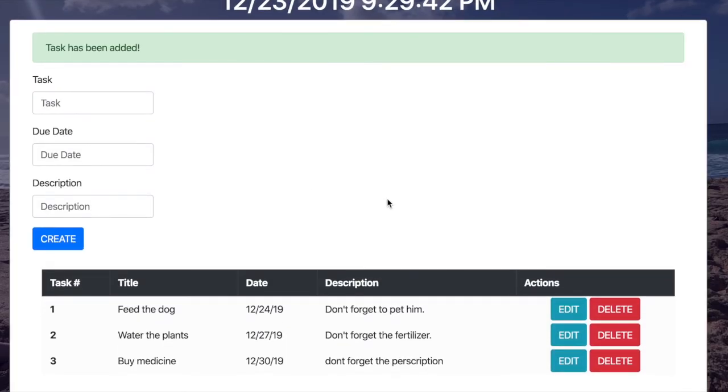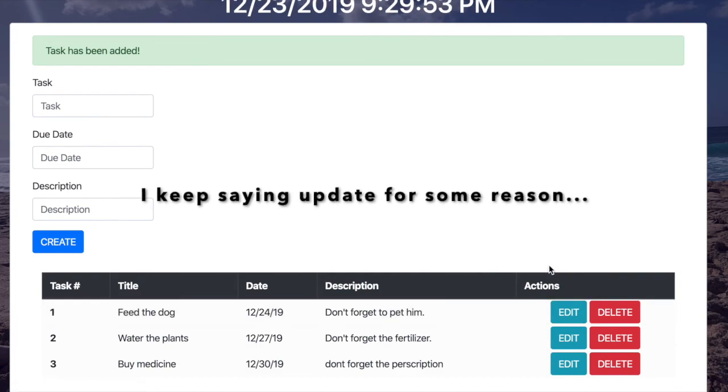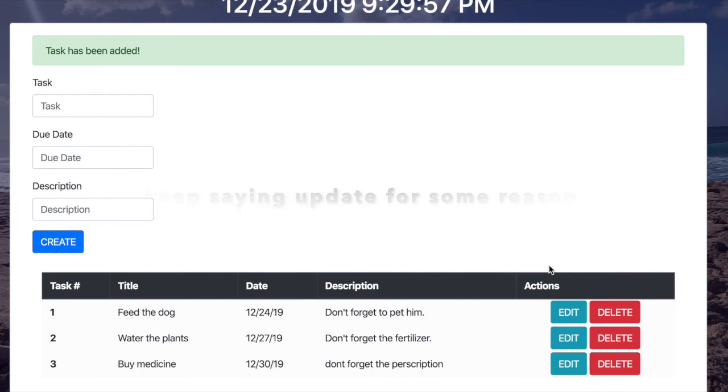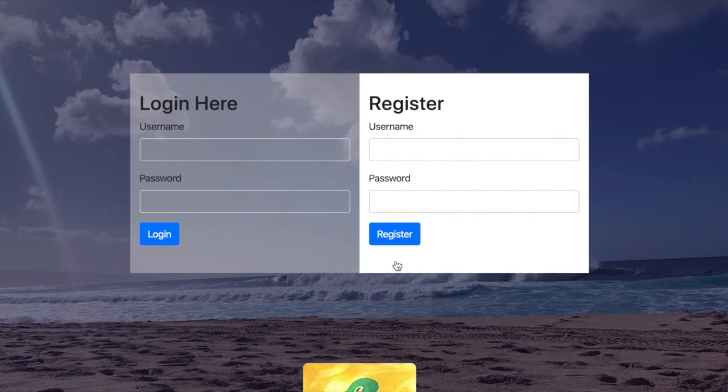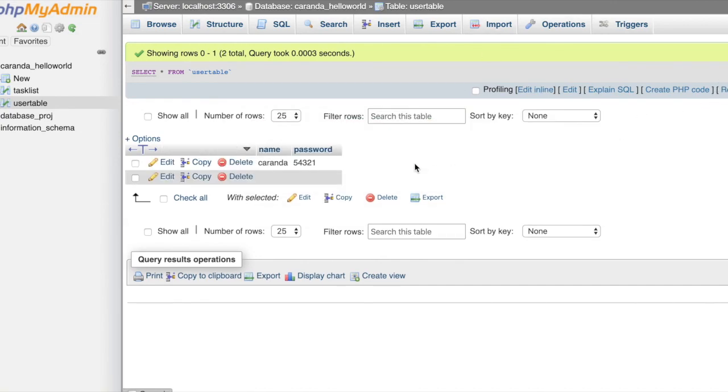So if you haven't noticed, there are two buttons beside each individual task. An update or edit, scratch that, edit, and delete button. The update button gives the user the ability to update the inputs for a task they desire to change, whereas the delete button is simply deleting. And as you can see, if we go to our database, let's refresh this for a minute. Oops. Well,